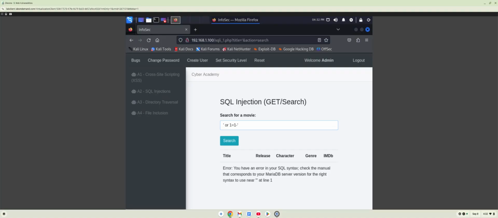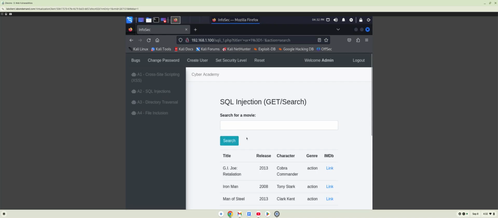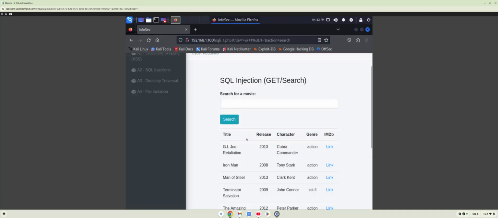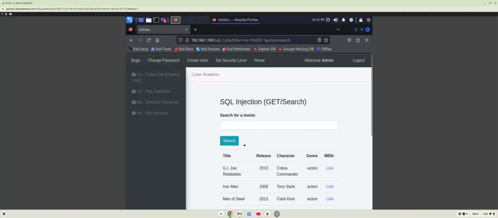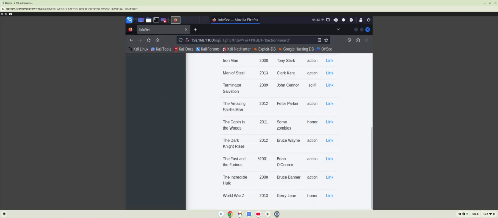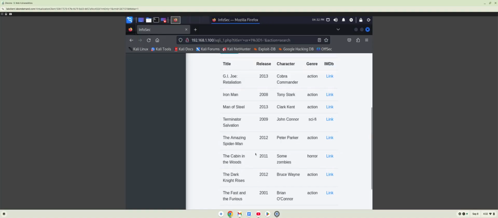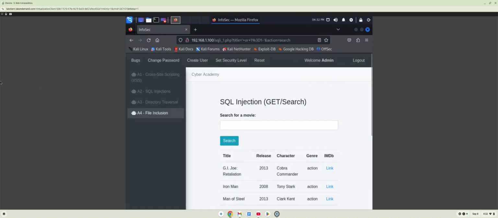Because 1 = 1 is always true, the query is going to return all the entries in the table associated with this page. So let's see if that works. When I put that in, we know we can access the database. See, and now instead of just giving me a couple of names of things that I wanted, now it gave me everything in that database. And again, the problem